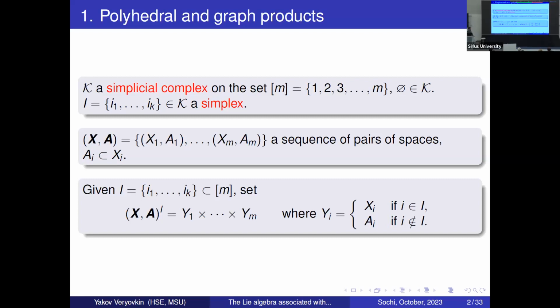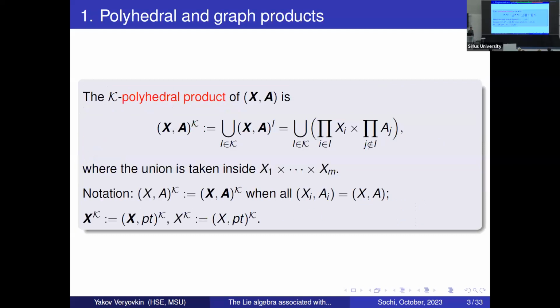(X, A) is a sequence of pairs of spaces where A_i is a subspace of X_i. Given I a subset of M, we set (X, A)^I as the product of Y_1 to Y_m, where Y_i is X_i if i is in I, and A_i if i is not in I. The K polyhedral product of (X, A) is